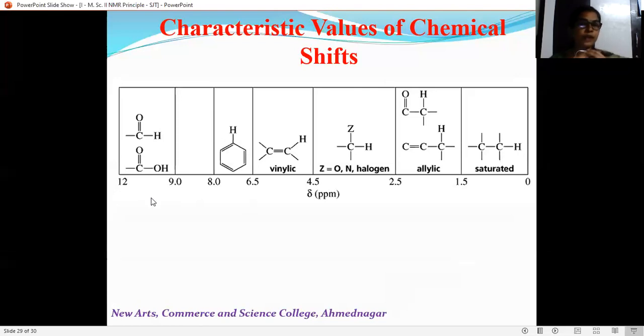Depending on different factors, the values change. We have not given the exact values, we have given the range. This is because different factors affect the chemical shift value and change it, so we get different signals at different chemical shift values. So in the next lecture we will study the different chemical shift